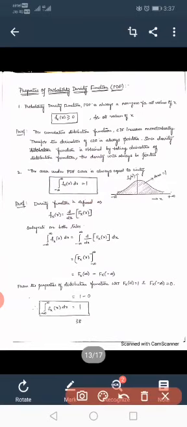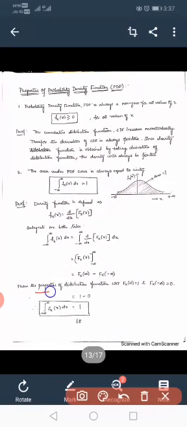First of all, take the mathematical expression of the density function, f_X(x) equal to d by dx of the distribution function. Integrate on both sides. Integration limits are from minus infinity to plus infinity. If we integrate, the integration and derivation will get cancelled and we get only the distribution function F_X(x) over the interval minus infinity to plus infinity. Substituting the upper and lower limits, F_X(infinity) minus F_X(minus infinity).